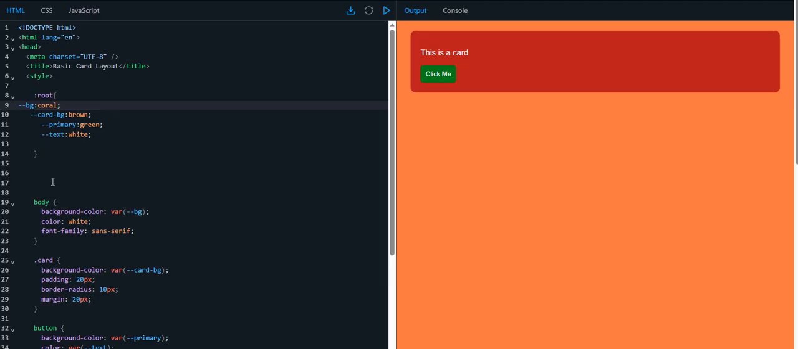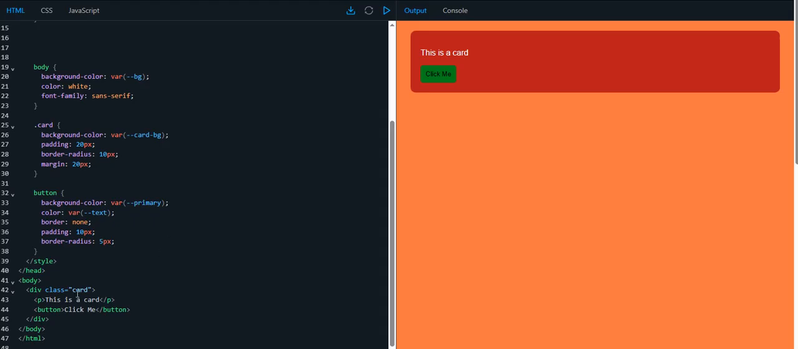For example, I have text here with white, and if I modify just in root, I put black. Do you see it modifies my button, because this is a card I have in a class card, and I can't modify